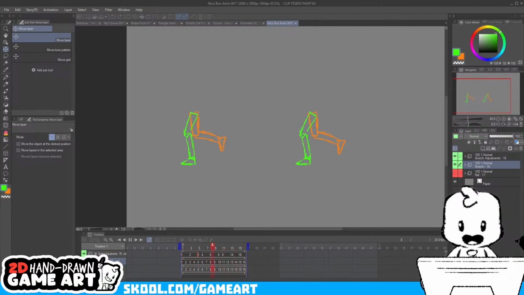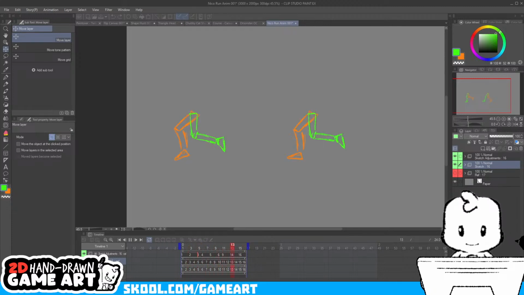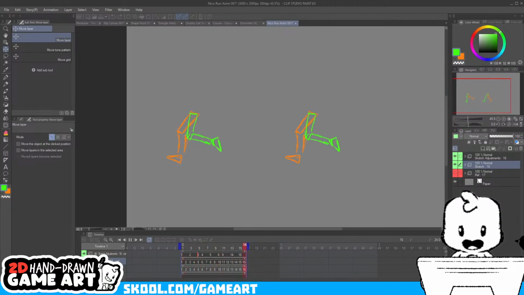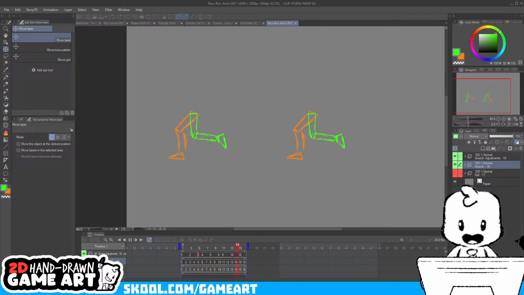So what do you guys think? I know we're missing frames, it's not as smooth, but the overall motion, I know we can clean up that orange leg a little bit so it's not distorting as much. But for a quick restructure, I don't think it's too bad. This definitely is a good starting point to actually clean up the animation to make it more robust and more interesting.